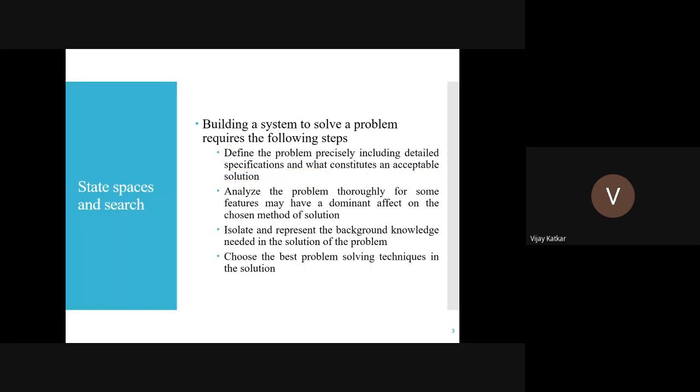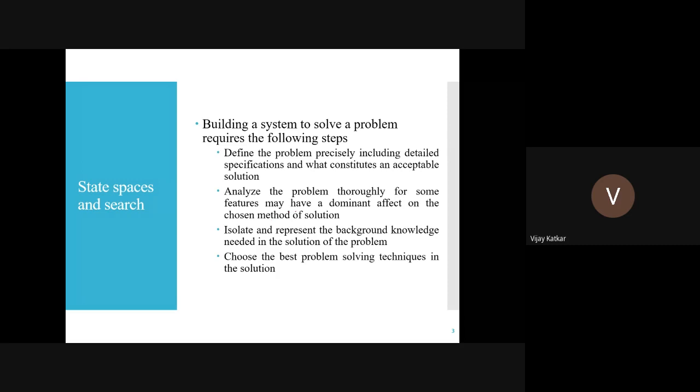Do you know this thing? If you are aware of it, good. If you are not aware of it, still it's not a problem. But this is what I'm talking about: an acceptable solution. The system merely working is not enough. How good your system is, how well it is working, is the important thing. Let's say your system is giving a solution after 5 minutes. Is it acceptable? No, I want the solution within 5 seconds. 5 seconds and 5 minutes is a very big difference, so the solution is not acceptable in that way.